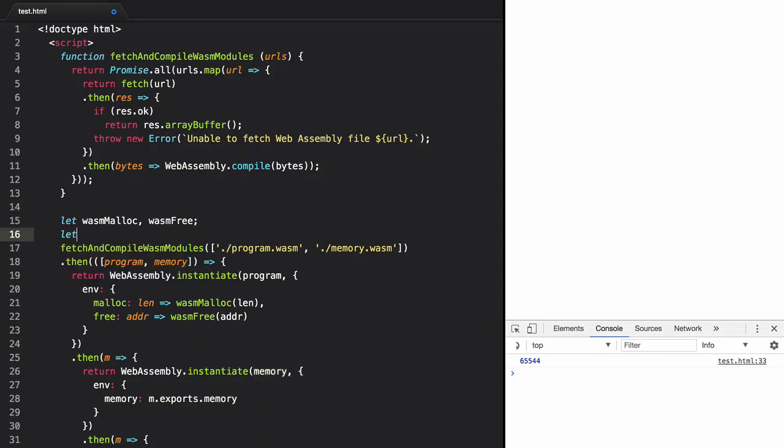Another way to do this is to create the memory in JavaScript before instantiating the WebAssembly modules. The WebAssembly memory constructor takes a single argument, which can then set the initial memory size in WebAssembly pages. WebAssembly pages are 64 kilobytes, or 2 to the 16 bytes, so one will be more than enough for this application. With the memory now created in JavaScript, we can then pass it in to the memory import when we